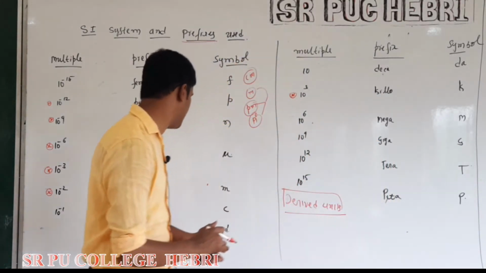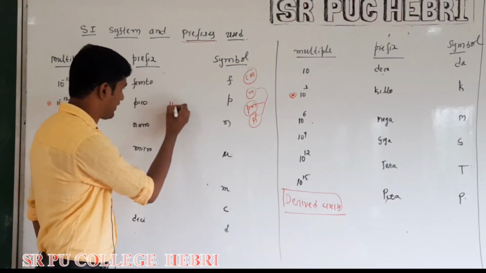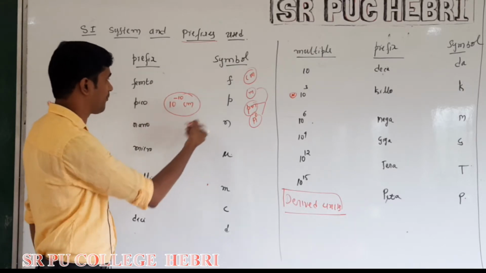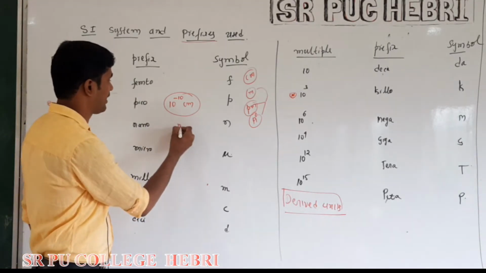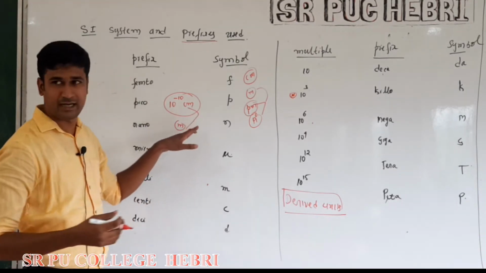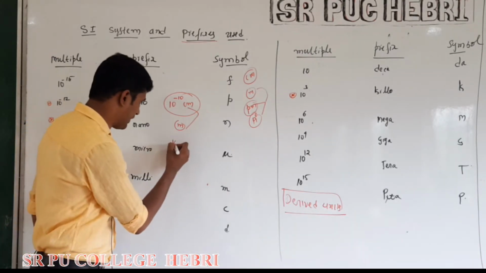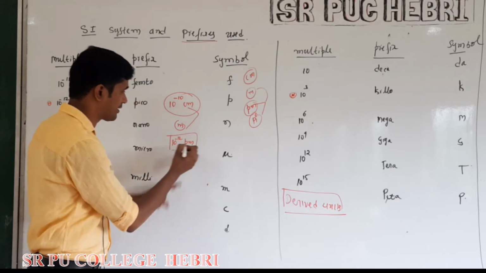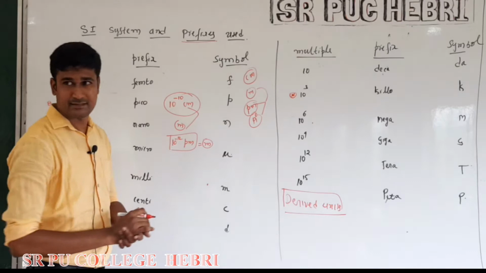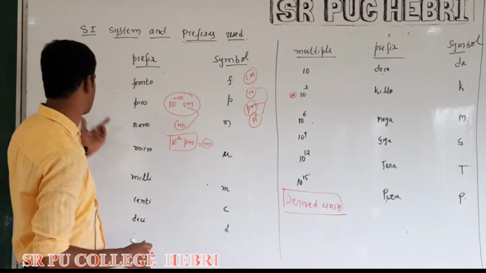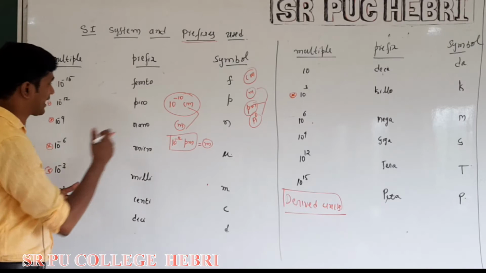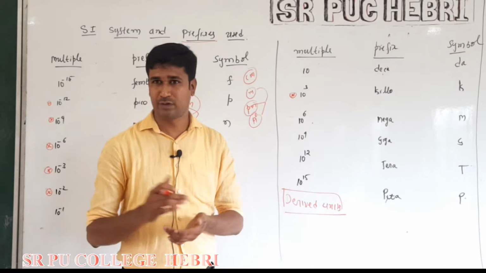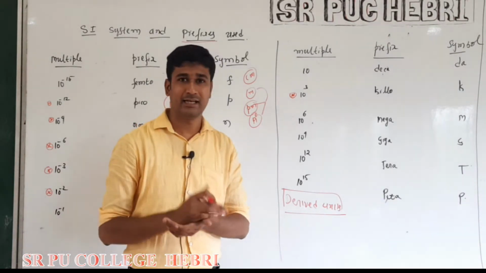I will give you one example. Say 10 to the power of minus 10 centimeter is given to you. How do you convert this into meter? This type of conversion is required in our calculation. One more, 10 to the power of minus 12 picometer, such units will be given to you. You have to convert this into meter. In these cases, we have to use these prefixes. I will mention the different kinds of prefixes, the exponents of 10, known as multiples, which are used to convert the units to the SI system.